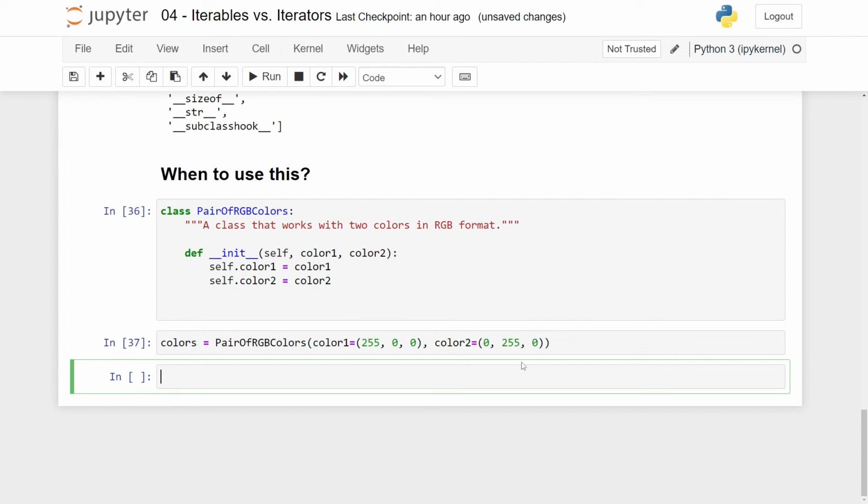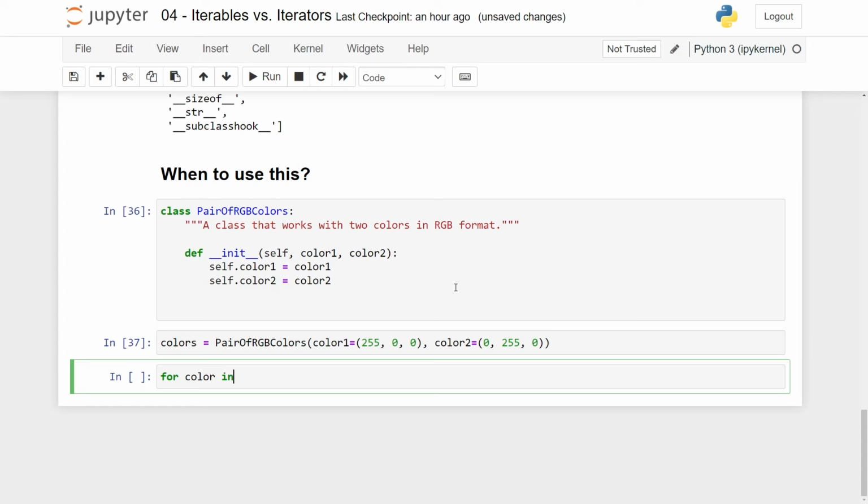Creating this, great. And you can imagine that you could fill this class out with interesting behavior, like for instance calculating complementary colors and so on and so on. I don't want to do that because that's not the focus. What I will do is that it's sometimes convenient to iterate through all the colors in this thing here. But if I now try to do